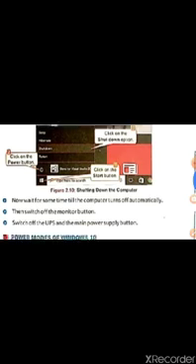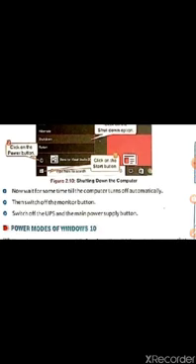Now, after that, there's a 4th step. You have to wait for some time till the computer turns off automatically. The computer will take some time to switch off. Once the screen goes off and becomes blank, then the 5th step is to switch off the monitor button. Then the 6th step is to switch off the UPS and the mains power supply button.